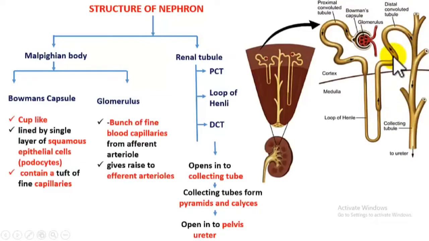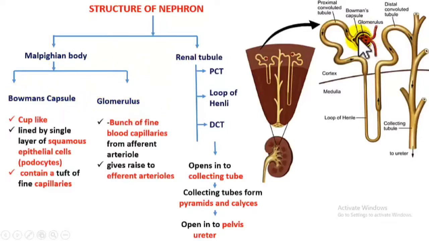So locate these parts here. This cup-shaped structure is called the Malpighian body, and this tubular region until here is called the renal tubule. So up to here it is a nephron. From cup to this region it is a nephron, and we have two main parts: Malpighian body, that is this cup region, and the tubular region is the renal tubule. Now if you see the Malpighian body, it has two other parts in it. They are Bowman's capsule and glomerulus.